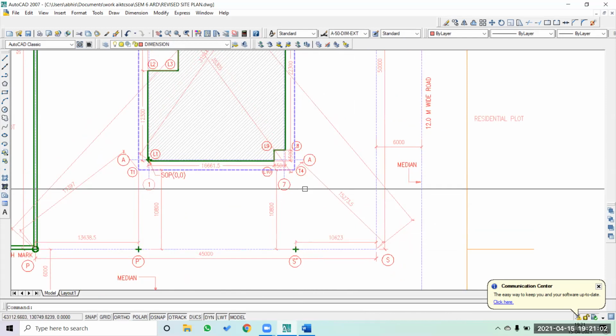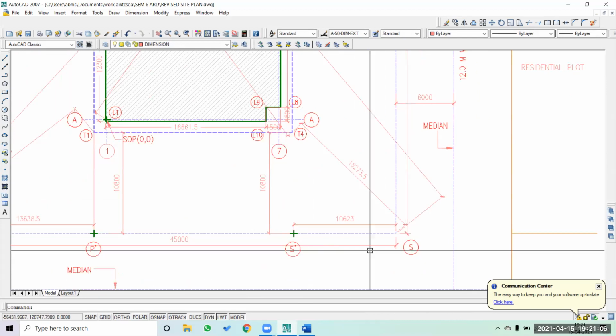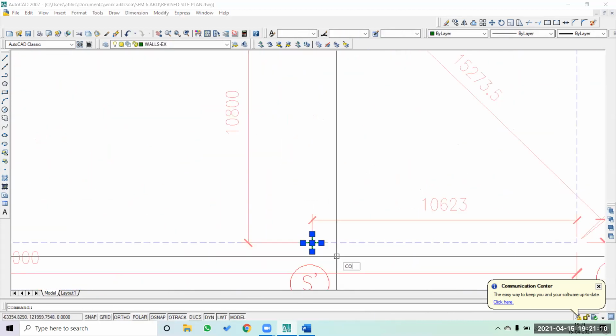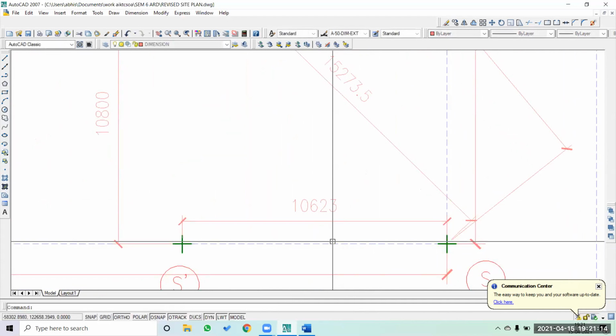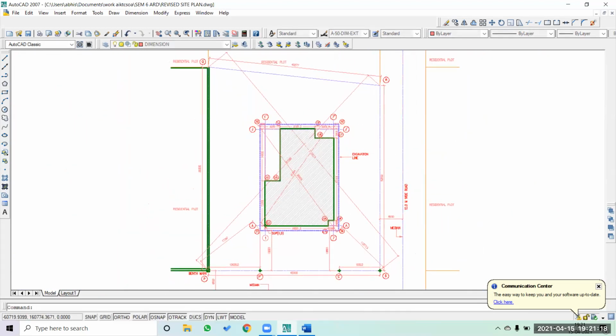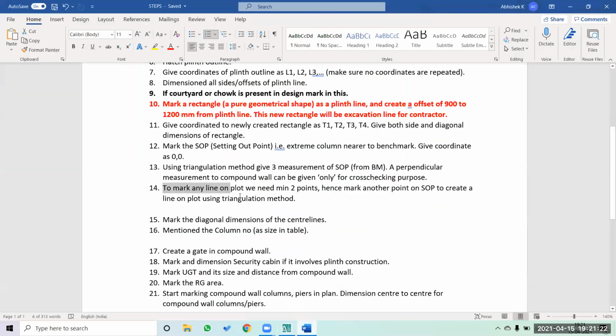Now there are distances from T4 to S dash, T4 to S, and all these dimensions are now clear. I'll also mark this here. Now all these dimensions are very clear for the contractors to understand. The next stage is to mark the diagonal dimensions of the center line, which we have already done.